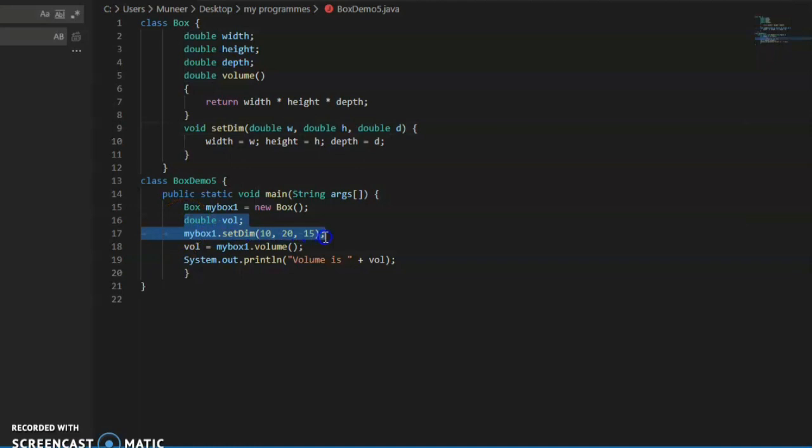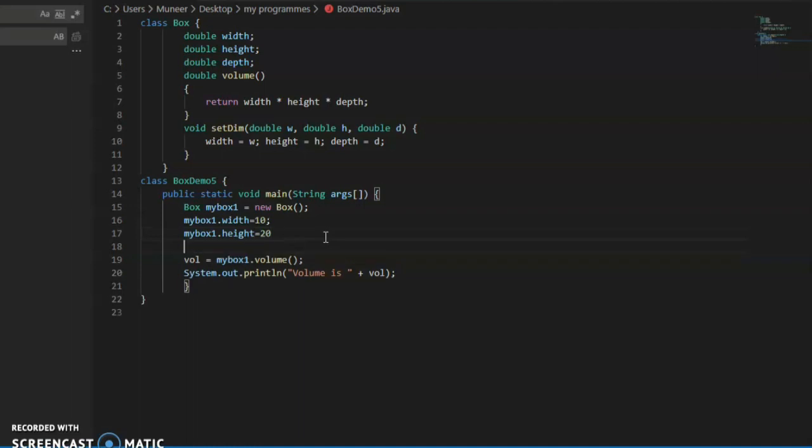We just delete the code we have written here. mybox1 dot width is equal to 10. mybox dot height is equal to 10.